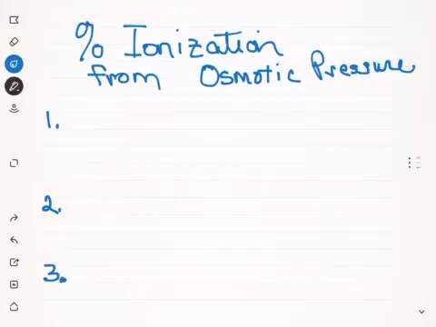Thanks for joining me, Ms. Hallstrom, as we discuss the calculation for percent ionization of a molecular substance, in this case a base, when we are using osmotic pressure calculations. Okay, I've got the data on the next page, but we're going to make a little plan right here. The first step we're going to be using today is the osmotic pressure calculation, and